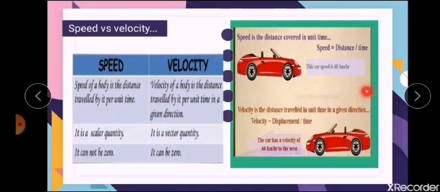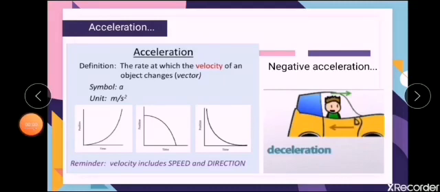Coming to the last topic of our session today, acceleration. Acceleration is the rate of change of velocity with time, represented using small letter a. Unit is going to be meter per second square. Acceleration you can write as a is equal to velocity upon time t. Now when you talk about acceleration, it includes both speed and direction, which means acceleration is a vector quantity, right?